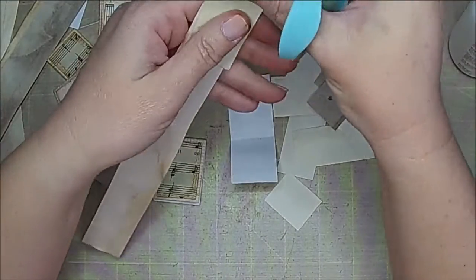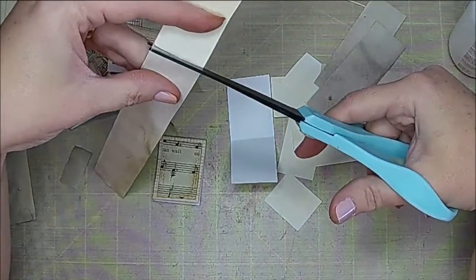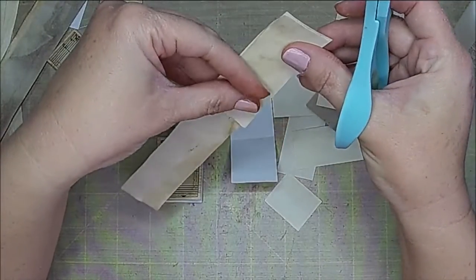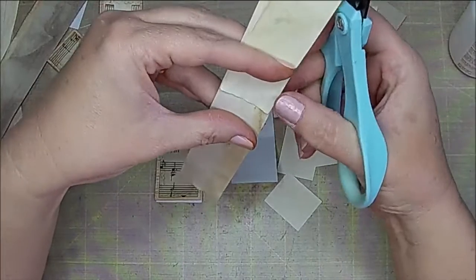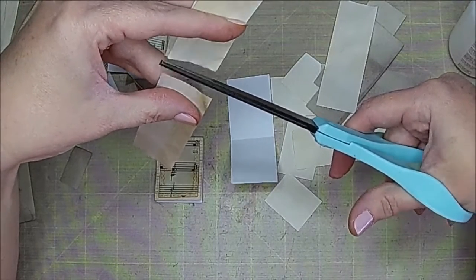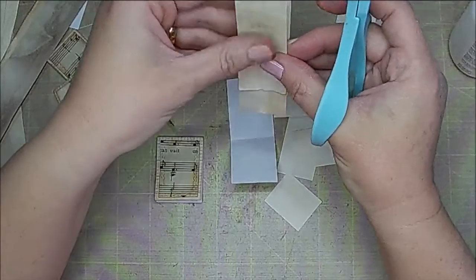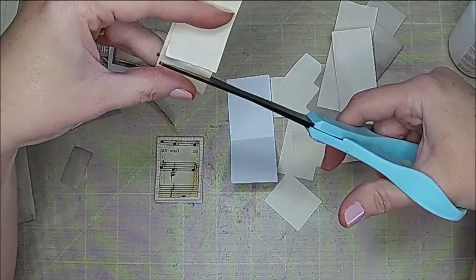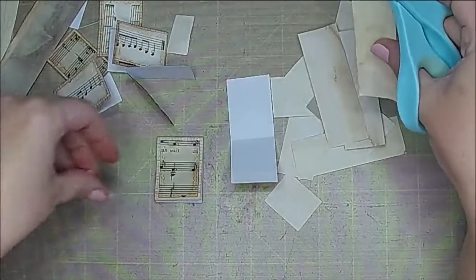And it just doesn't take that long at all to do these. You can just do it in front of the TV. You can make your little sample, just keep the sample or something if you wanted to do that. I do like to make templates and then come back later and use them